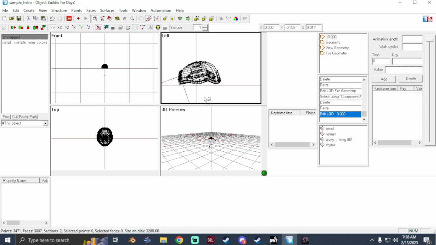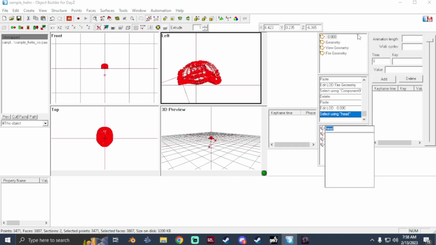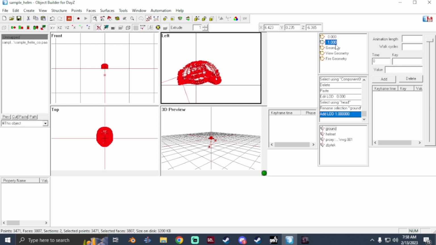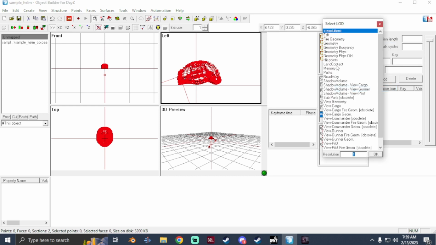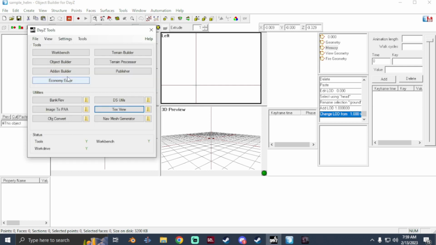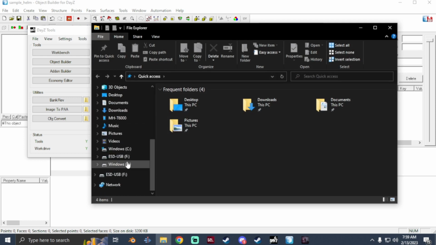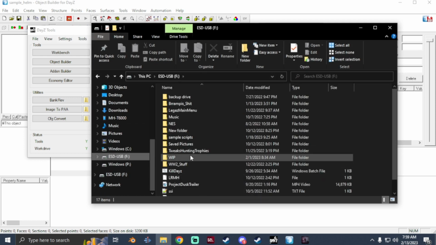Now that that's done, you go back to the 0.00, click on head, and you're going to rename it ground. And then we're going to create a new memory. We're going to change this to memory here, the one you just created. And I'm going to just take from previous helmet that I've made in the past. You could just take from the sample in the